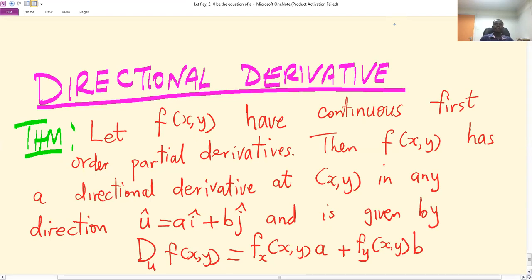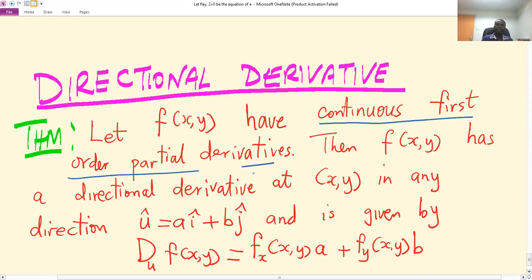Welcome to this session. In this class we are going to discuss the concept of the directional derivative of a function which has continuous first order partial derivatives. So the theorem states that if we have a function of two variables x and y, which has continuous first order partial derivatives,